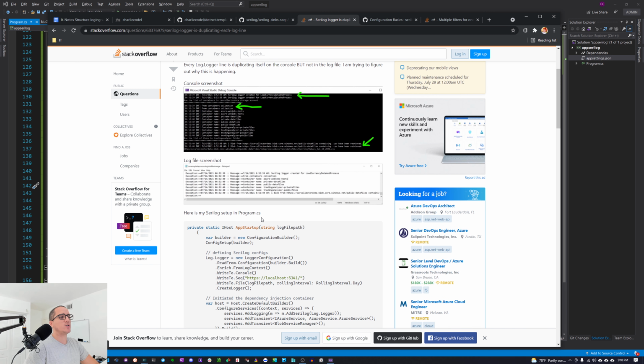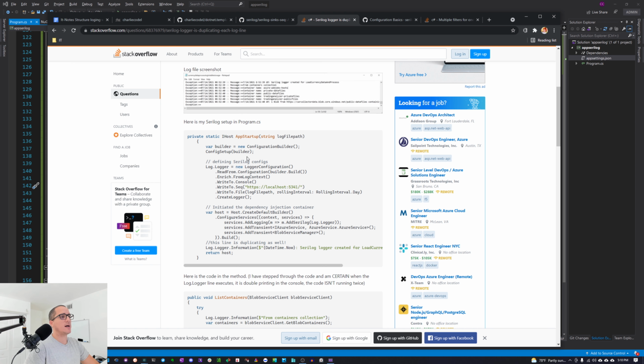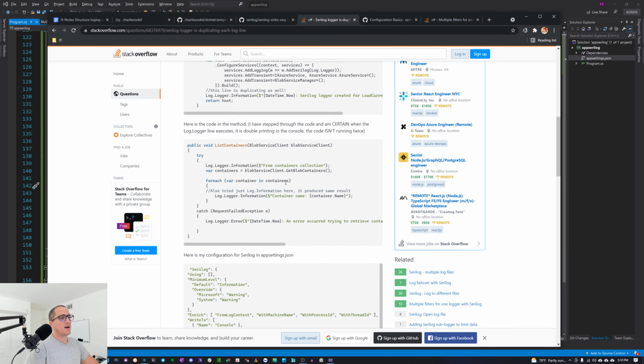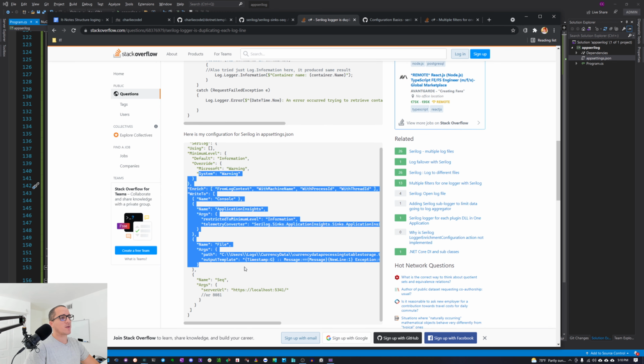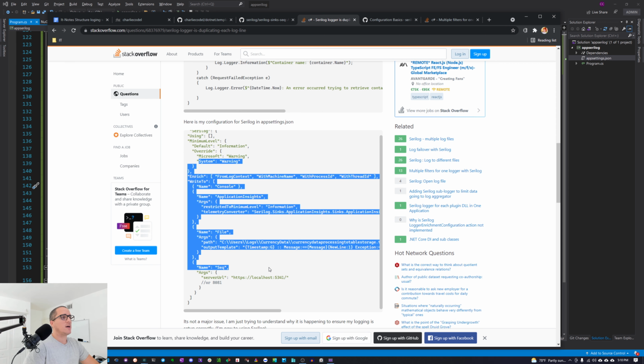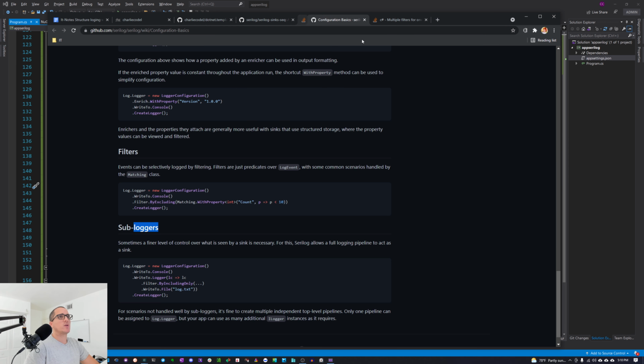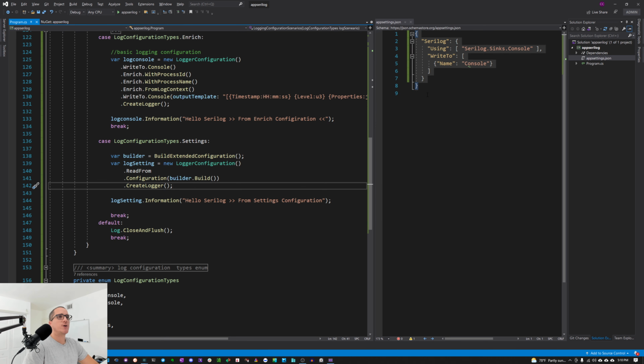The reason for this issue is that this person was configuring the writers in code, but also here in the web settings. So please make sure that when you configure, you use only one of these. Honestly, I prefer to configure the writers and most of the parameters here, and go for the code with the more specific configuration that you need